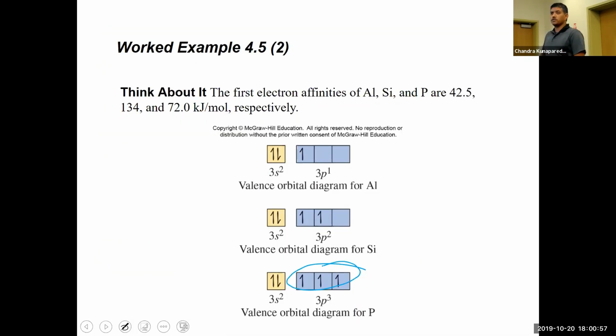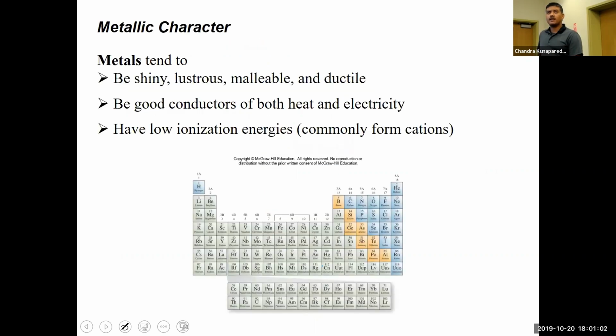From here, what we are going to talk about is the general regions of the periodic table,